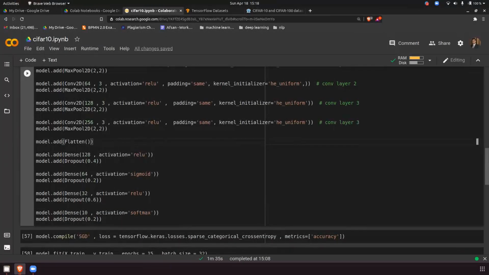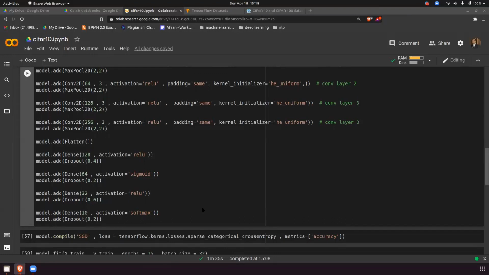Okay, I will repeat. At the end, how many output nodes do you have? How many output nodes have you given? Just check the code and tell me. 10.